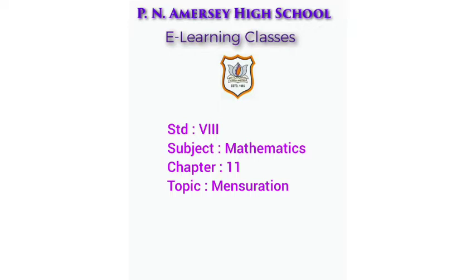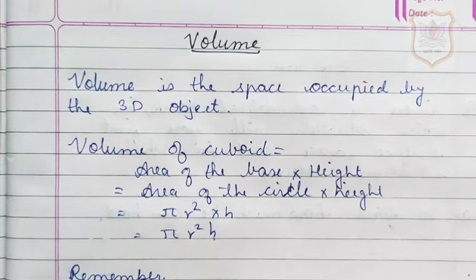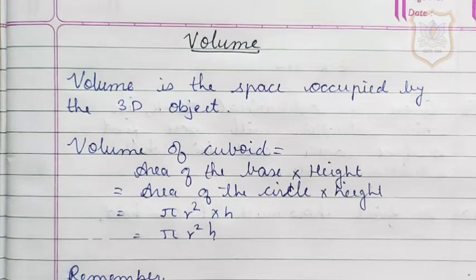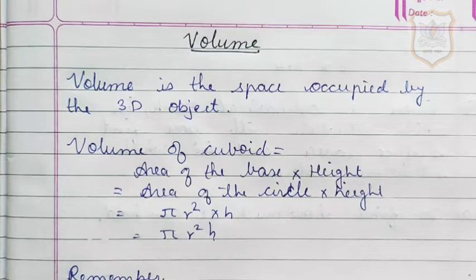We will continue with our chapter number 11, mensuration. Now students, let us start with the last topic of our chapter, that is volume. Volume is the space occupied by the 3D object. Students, if we want to fill any container with liquid or solid things, we have to find out the volume of